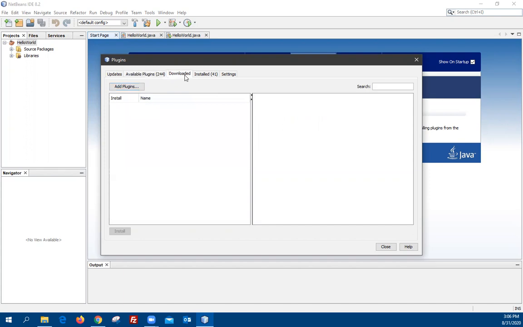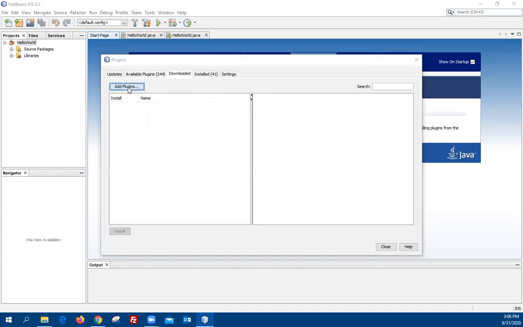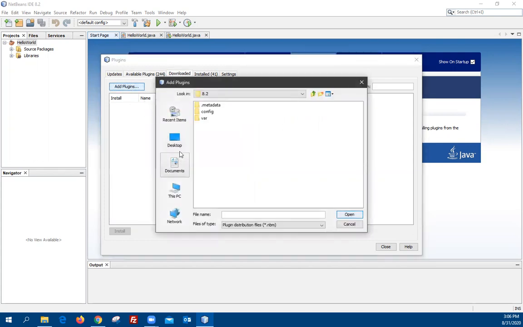Downloaded. That kind of makes sense, right? That makes sense. I just downloaded it, right? So now we go to add plugins. Then we have to navigate to where the folder is. So we're going to go to This PC, and I'm going to go to my Downloads folder, and there it is. I'm going to select it, click open,